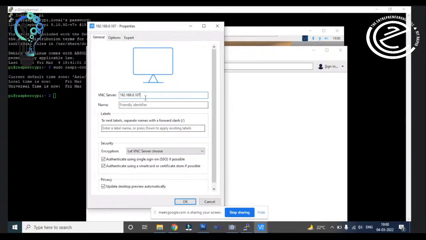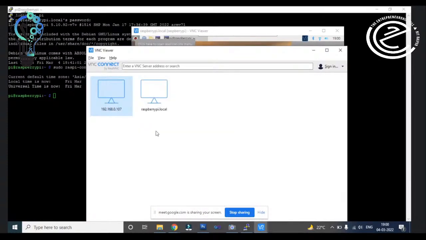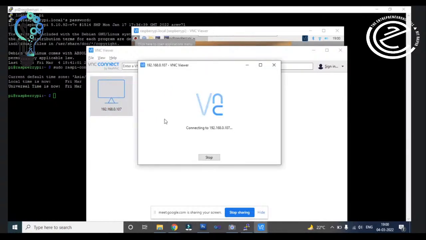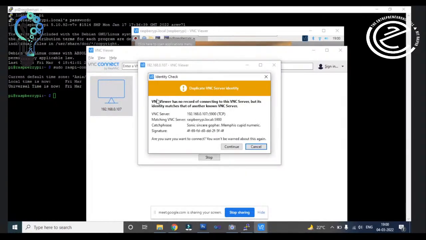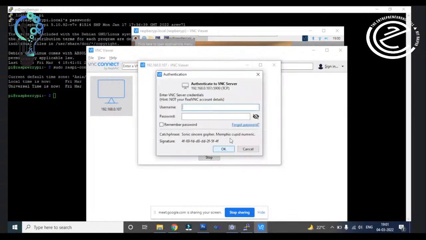This is the IP of the Raspberry Pi, and I will click on OK, and again click on it, and you can see it will show a message: VNC Viewer has no record of connecting to this VNC server, but its identity matches that of another known VNC server. It means the VNC server which is already executing in the Raspberry Pi is detecting the IP address of that VNC server. So let's continue.